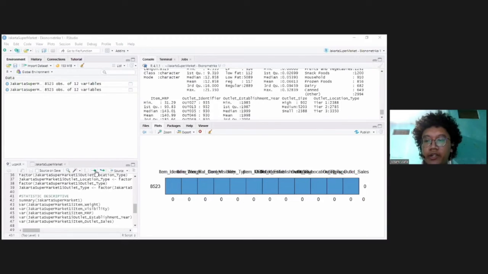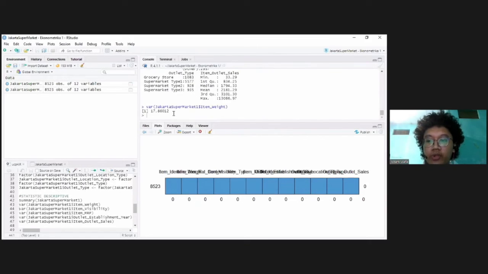To see the variance, it can only be used for variables whose initial data form is numeric. The variance of the item weight variable is 70.860112.